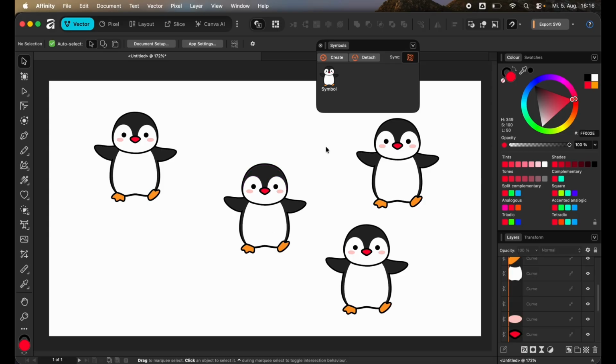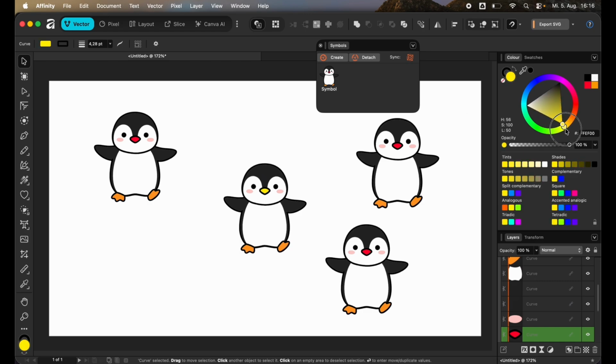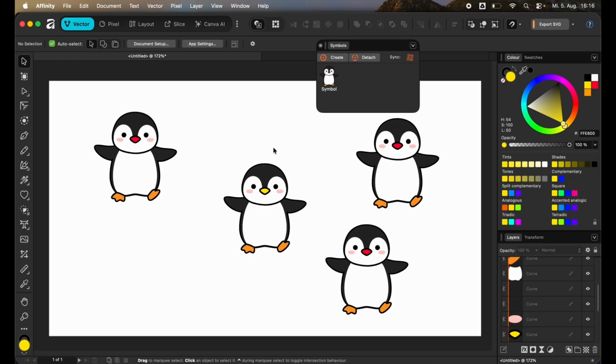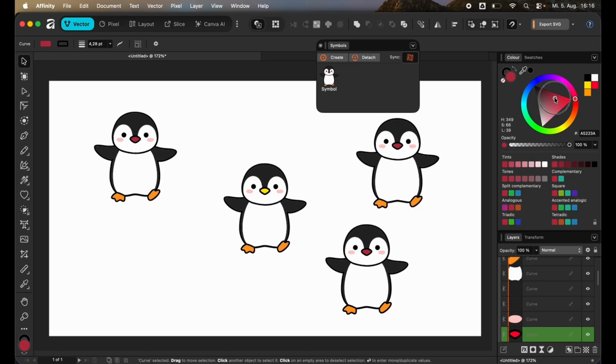If you want to have one symbol where it doesn't update, you can click here on the sync and pause the sync for a moment. If you now change the color of the beak here, for example, to be yellow, it will not affect the other instances of the symbol. If you reapply the sync and now change this color, it will affect all of the 3 penguins that were